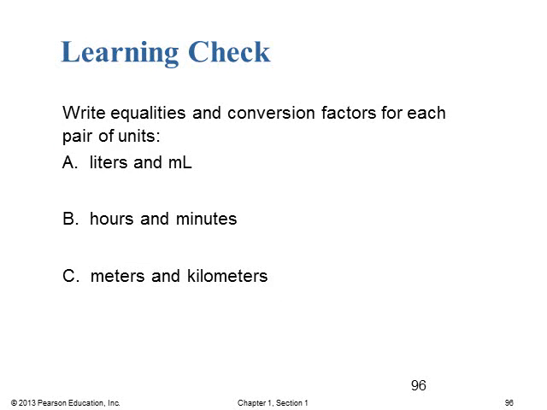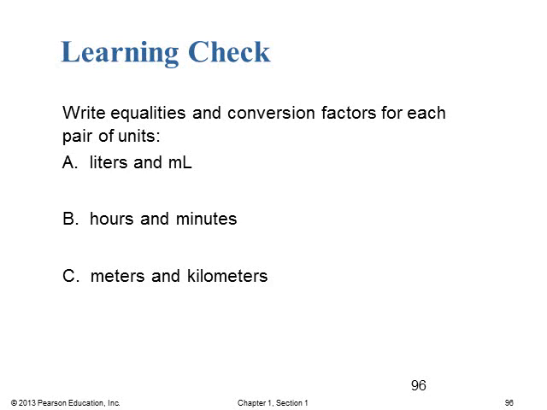All right, if we were to write down these equalities and conversion factors for each of these pairs of units, you can just use the table in the previous slides. If we go from liters to milliliters, we have 1,000 milliliters in 1 liter. So milliliters is small. You can put 1 liter over 1,000 milliliters, or just the opposite, 1,000 milliliters over 1 liter. They're the same thing, and that ratio is still a 1-to-1 relationship because they're equivalent.